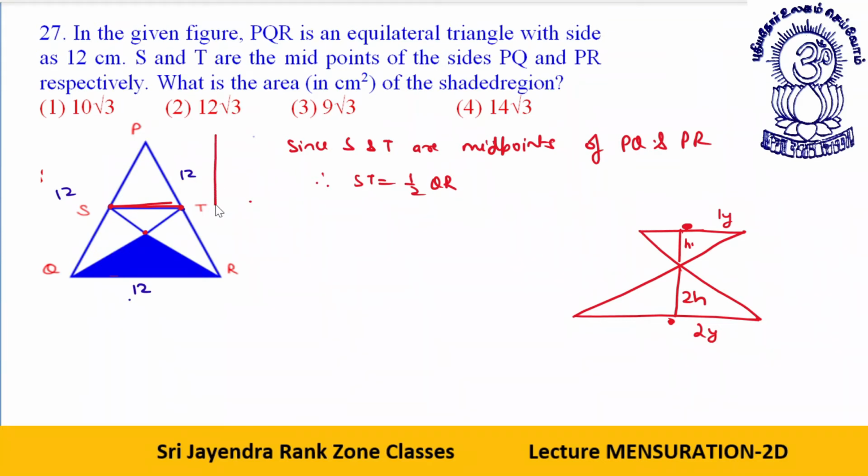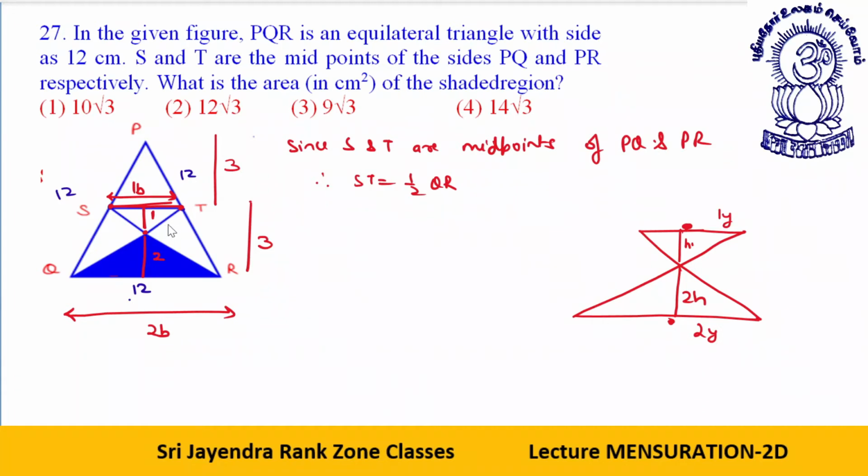if this height is, let's say, suppose I say 6, this height will also be 6. This height is 6, this height is 6. Let's say this height is 3, this height will be 3. Now this is suppose 1b, this is 1b, then this will be 2b, as I've already discussed with you. So what will happen? The ratio of these will be 1 and 2. Getting it? This will be 1 and this will be 2.